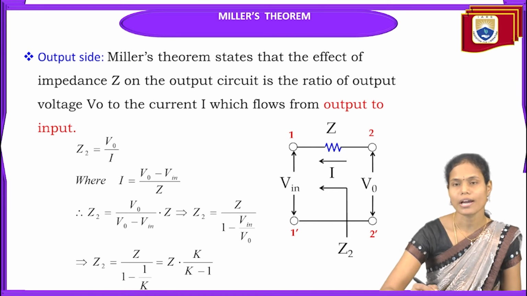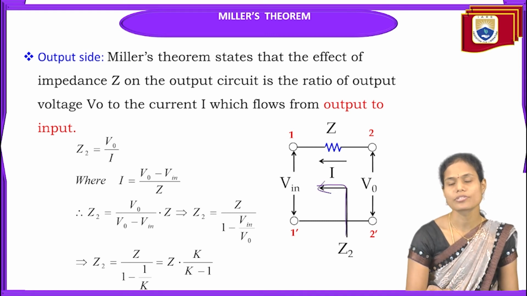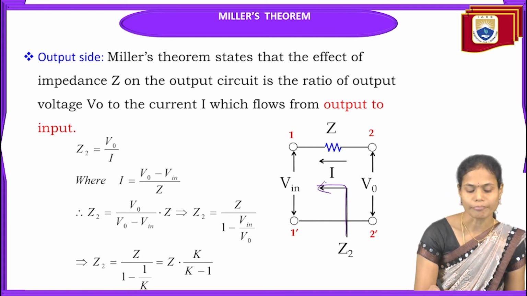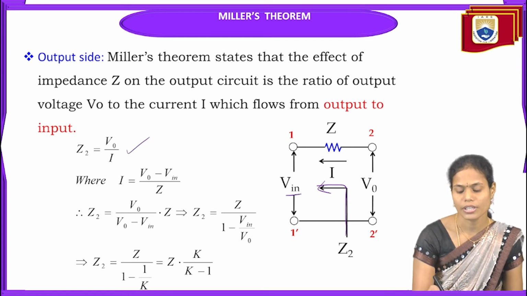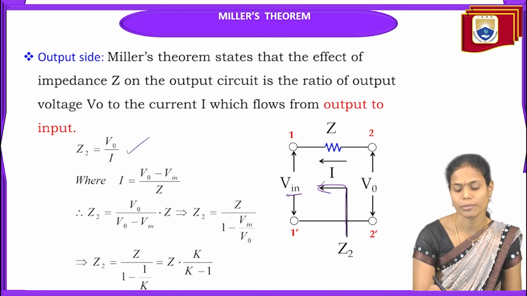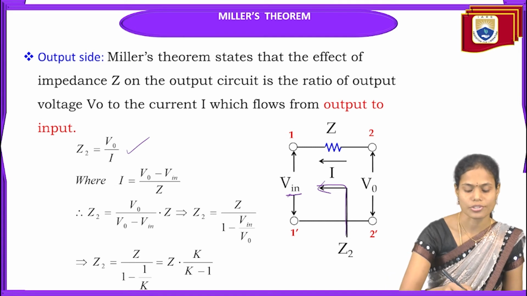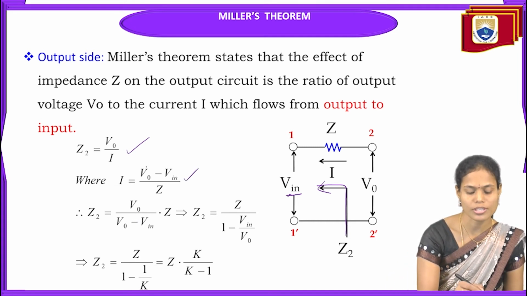For that purpose, I am considering the same circuit, but now I am calculating the second impedance Z2, looking from output to input. So it is V naught by I, where the I value is now V naught minus V in, because we are looking from output to input. So it is output voltage first, minus input voltage, by Z. So Z2 equals V naught by, substituting this I value,